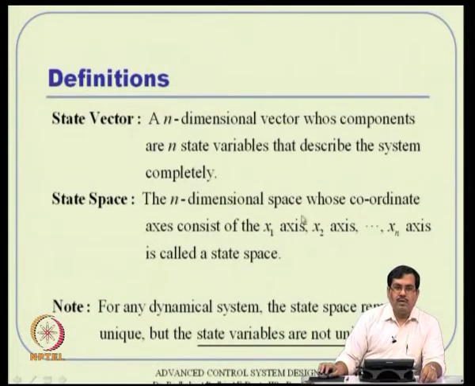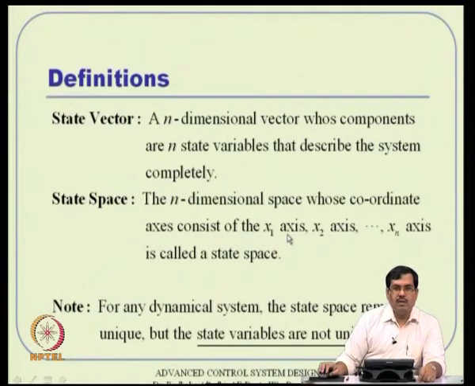And then what is state space? See this, if you consider the coordinates of a system, n dimensional space, which coordinates are nothing but x1 axis, x2 axis, xn axis, then it will constitute an n dimensional space, and that is called a state space. That is why we will see state space analysis, state space representation like that actually. So, when you talk about let us say R2 space, then you have x1 and x2 in 2 coordinates, that gives you R2 space, assuming that these are all real variables by the way. And then if you have a 3 dimensional system x1, x2 and x3, you can constitute a 3 dimensional vector.